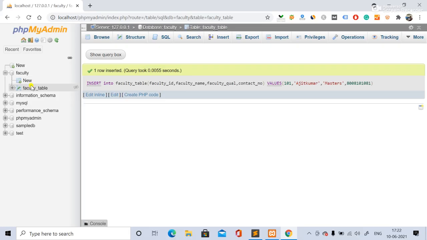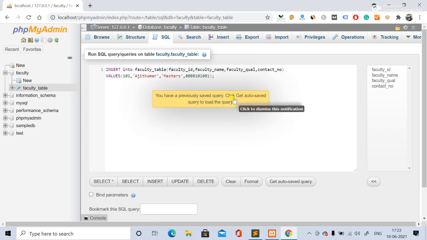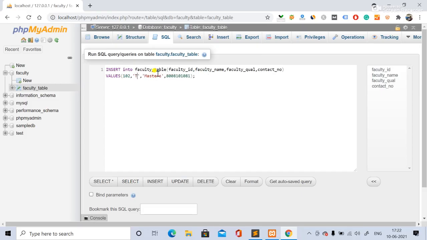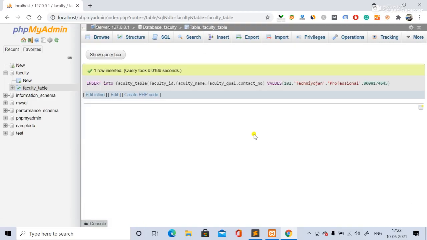So now, fast, we will do one more. I have copy pasted that, I will make the same and change it with another. Let's take the brand name, then qualification maybe professional, enter what it is, and the number. I am again randomly entering 10 numbers. Now we'll go over here and go like this.